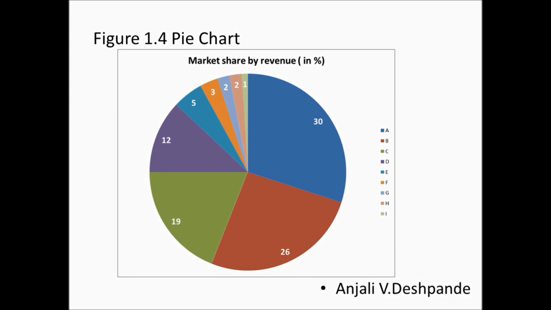Of course, once again it is necessary to mention that today we do all this by making use of the available software. The pie chart has some very distinct advantages. First of all, it is aesthetically pleasing, and it also shows that the total for all the categories or slices of the pie, as it is called, adds to 100%. Immediately, just by looking at the chart, you can get the idea as to who has the least market share, who has the highest market share, and such information we can obtain at one glance from the pie chart.